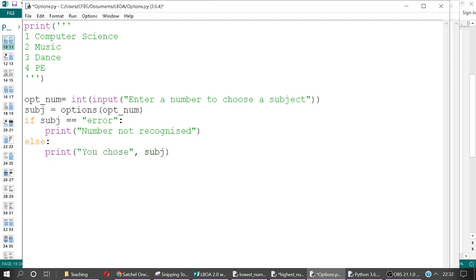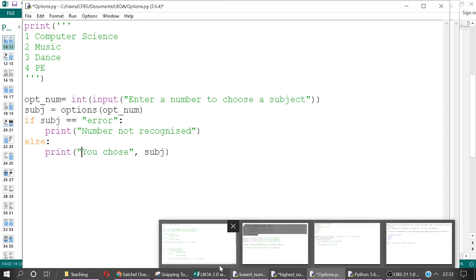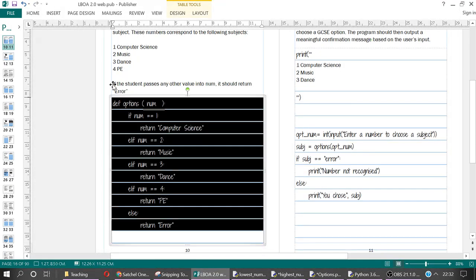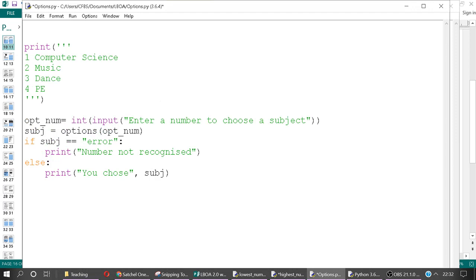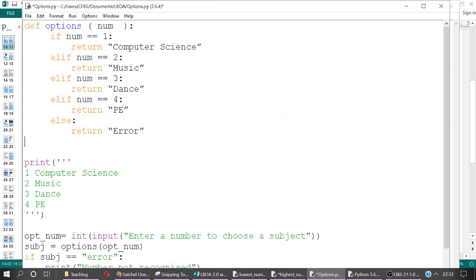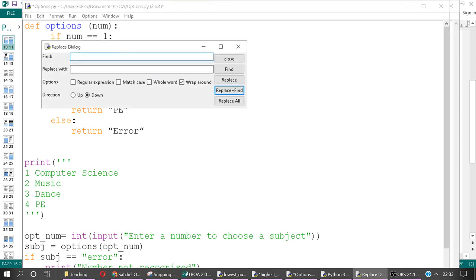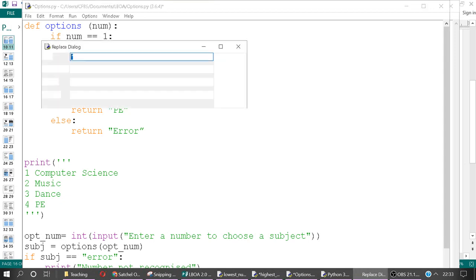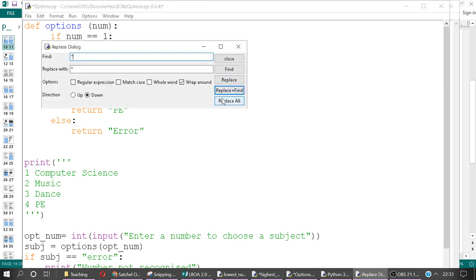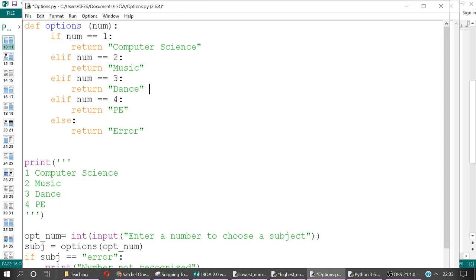Right. We also need our function, which we declared here. So let's get this all defined in here. So remember the definition comes at the top. Def options num. And we can actually do, I think, if I replace that. Right, which find options